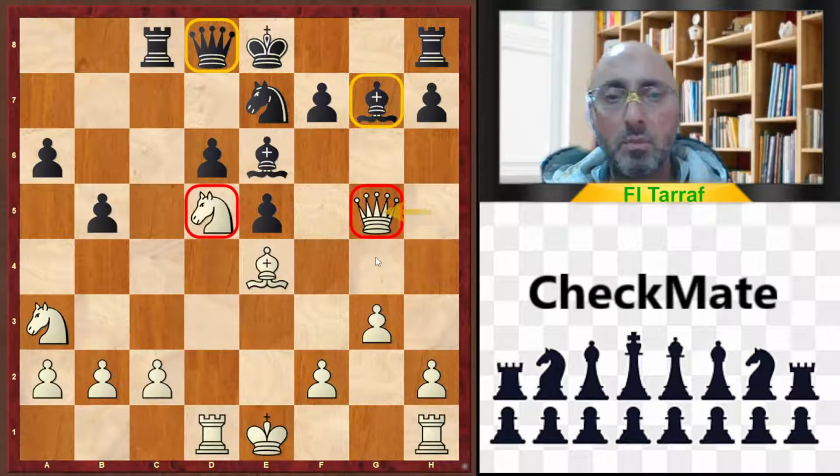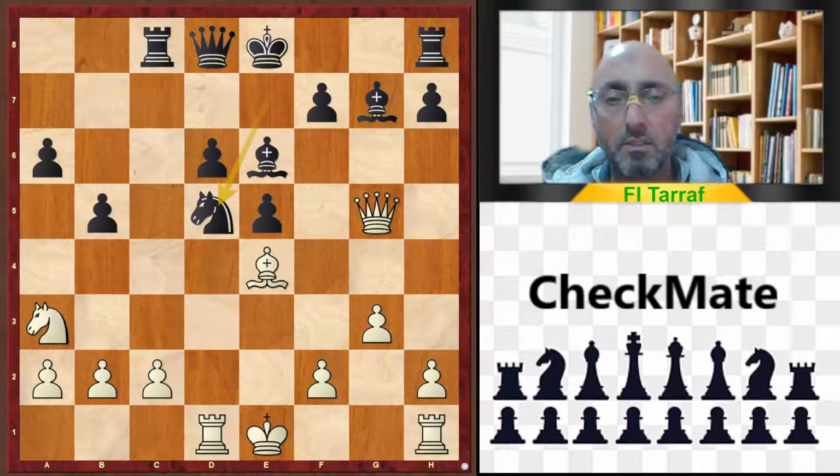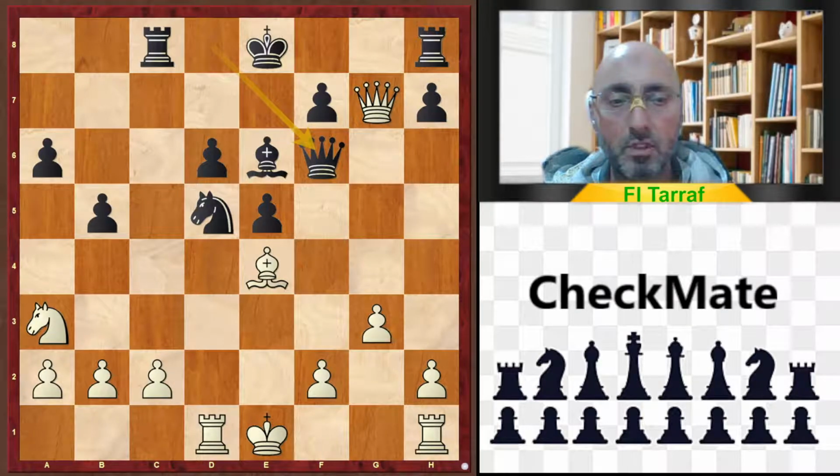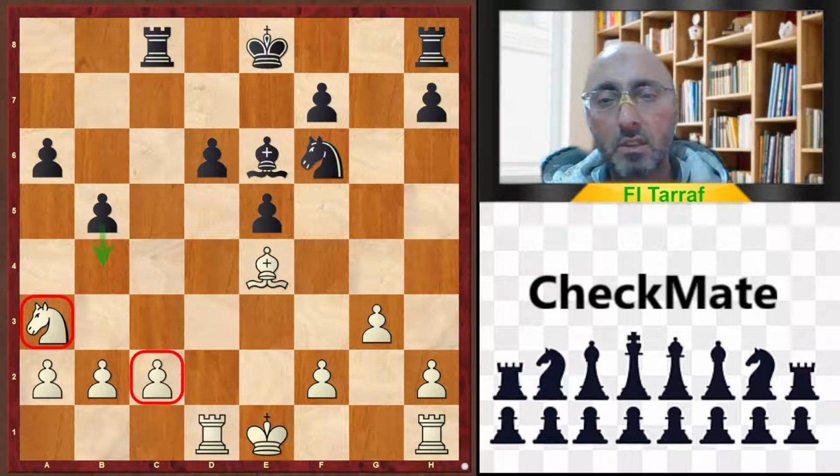Back to the game, after queen to g5, knight takes d5. Of course, now the exchanges of the pieces start. And queen takes g7, queen to f6. Now this is a tactical trick. Queen f6, knight f6,